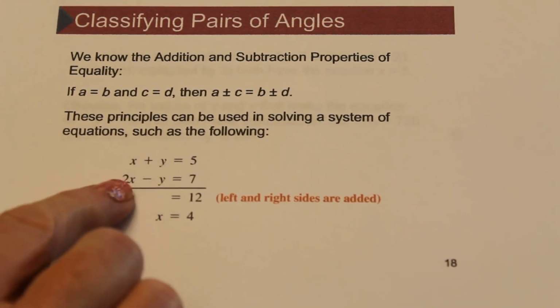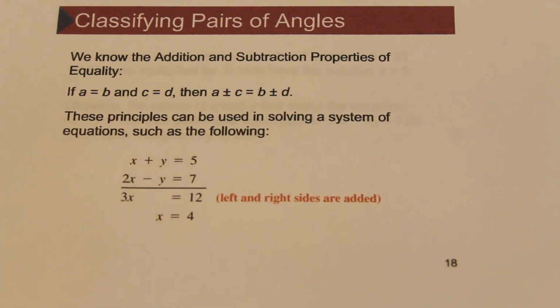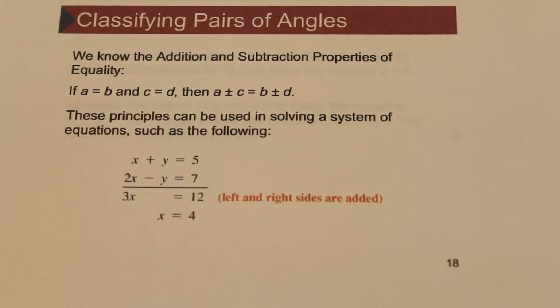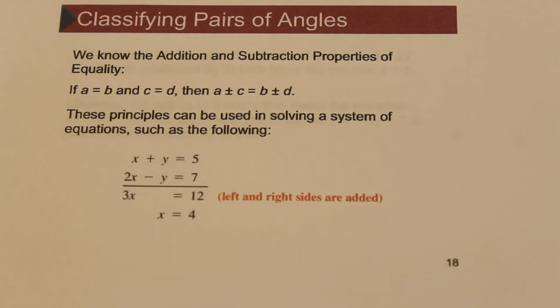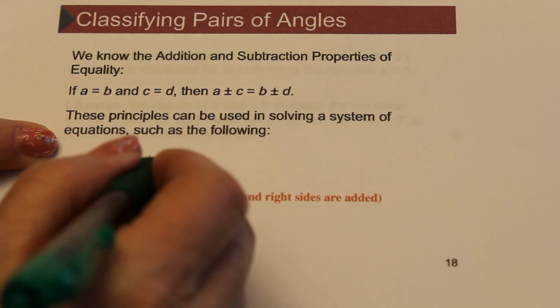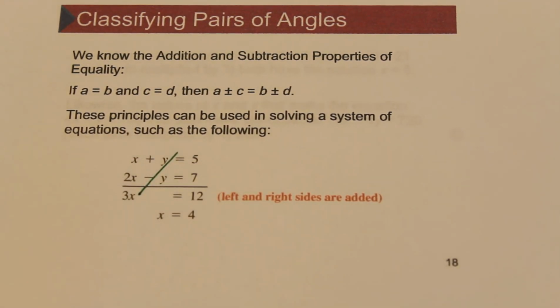And let's say for the other angle, we're told that 2x minus y equals 7. All right, so what we're going to do is line up our equations, and if you add vertically, you'll see that positive y and negative y will cancel each other. And if you